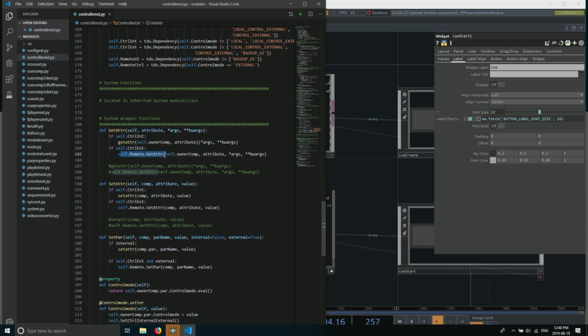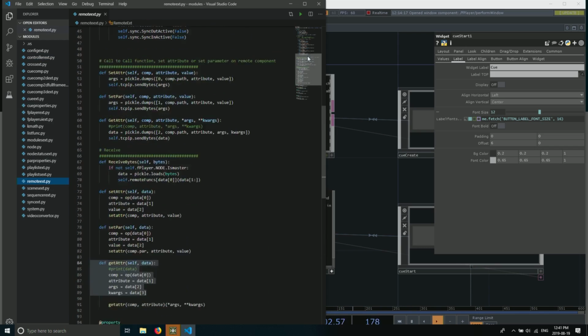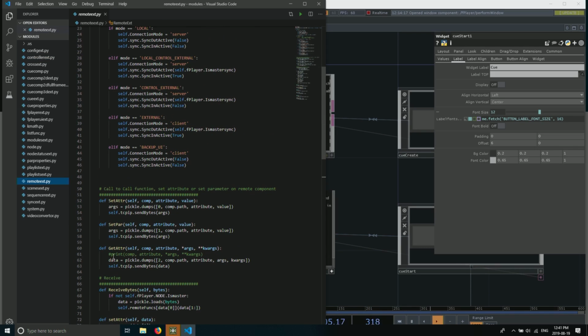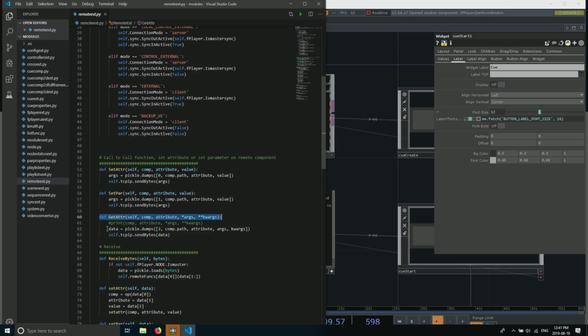But now that function in remote, getAttr: you send it a component, you send it a string, which is an attribute name. That should be called attribute name if we want to be a little more explicit. You send it the args, and you send it the kwargs. And now in remote, it has this function called getAttr that takes those 4 arguments. It pickles them, so it serializes the bytes,